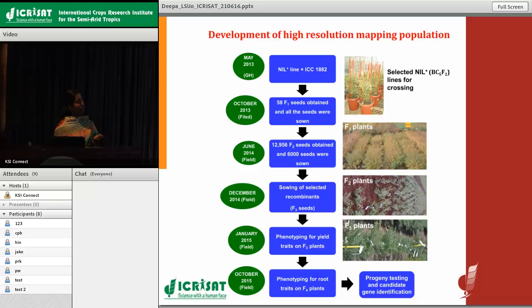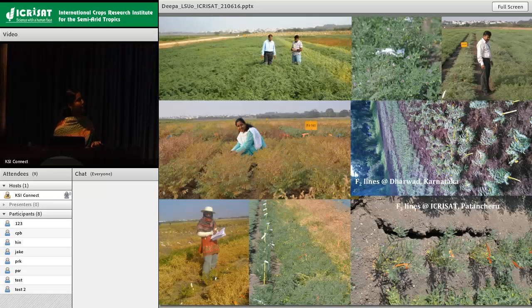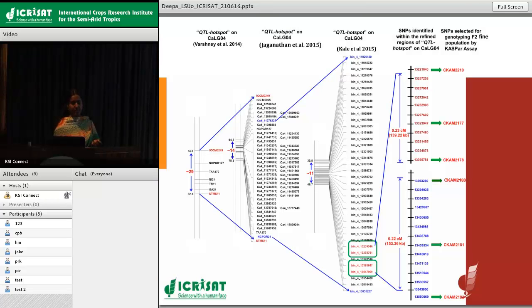On the F2 we have done marker analysis for selecting the recombinants, and in F3 we want to fix the recombinants which have heterozygous alleles, and in F4 we are doing progeny testing and candidate gene identification. This is the overall flow. Now we will see the results in detail. These are all the F1, F2, F3 populations at different locations in Patancheru and Dharwad. And so here, in order to screen the large mapping population F2, we